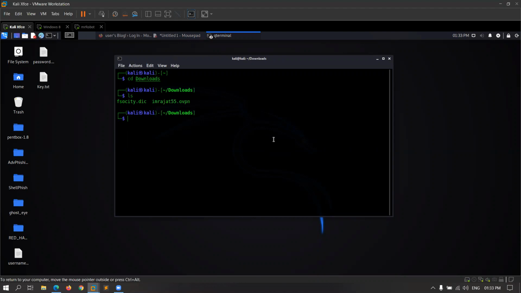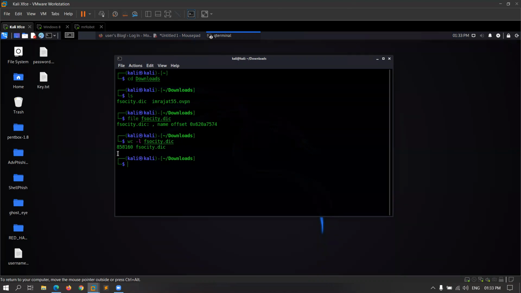Okay, so I will type wc -l fsociety.dic. Word count, I want to count the words, so there are 8,58,160 words in the fsociety.dic word list.